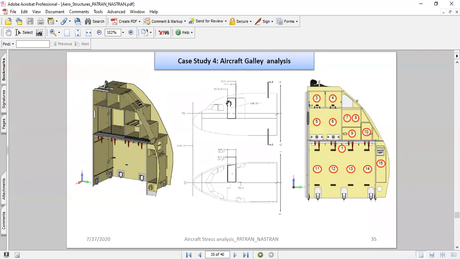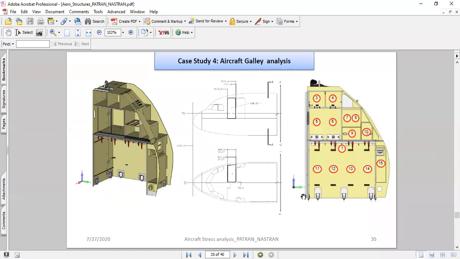Glass fabric composite panels. This particular galley is located on an A320 aircraft, near behind the cockpit, facing the aft, which is facing the tail cone. The galley is mainly used for storing food, and you might have seen airline crew moving the trolley.